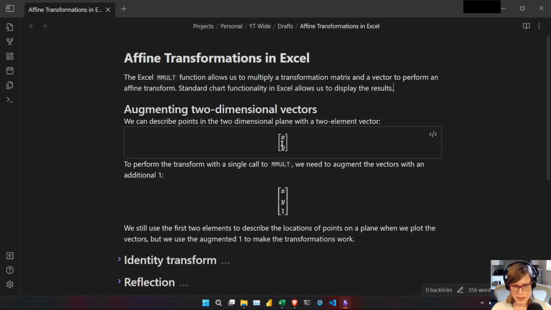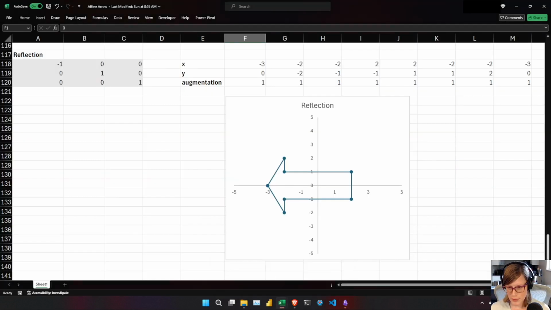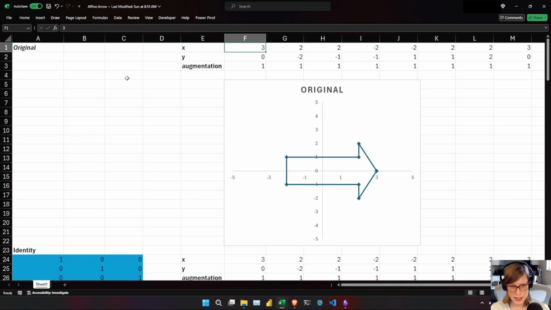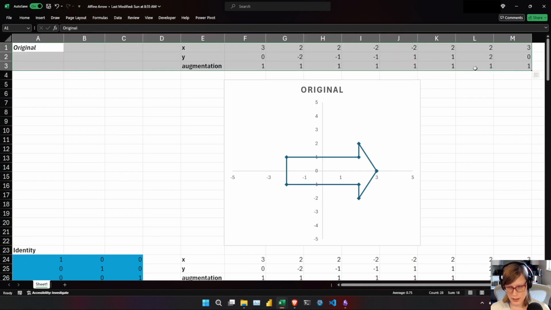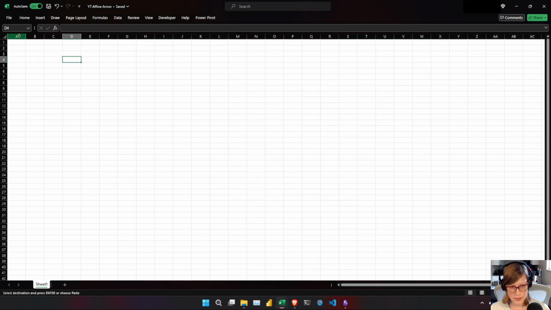Normally you'd have an XY coordinate in a column vector like this. Basically, we'll just take the XY coordinate and then put a 1 underneath both of them, so it's a 3-element column vector. And of course, when plotting the points, we will remove the 1 and ignore it. So what I'm going to do is simply copy these values here over to our other spreadsheet,